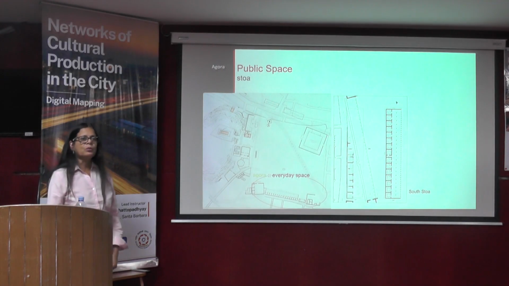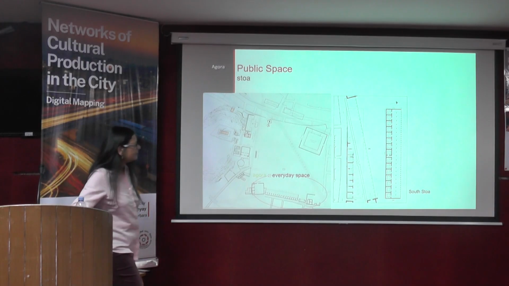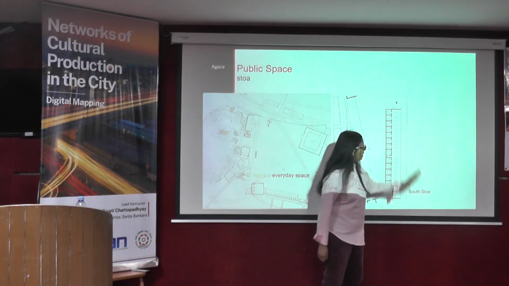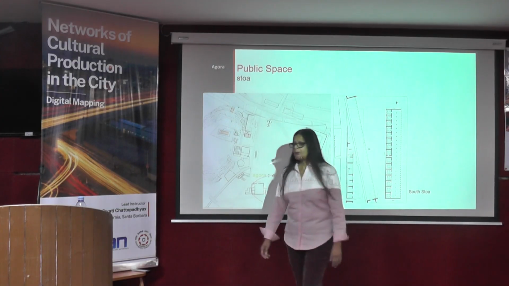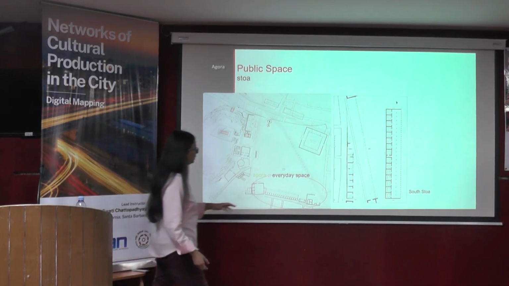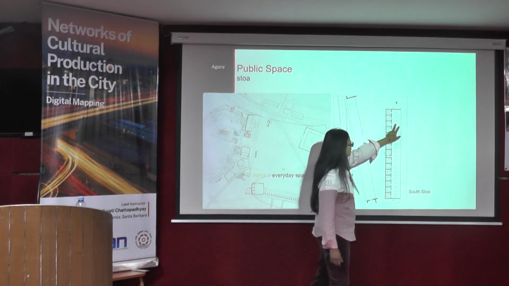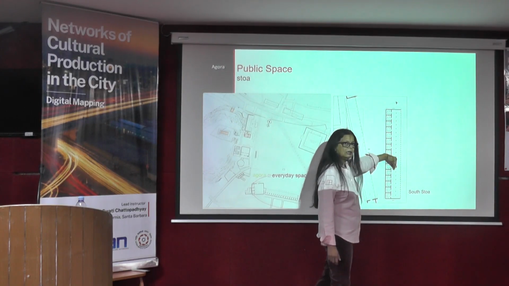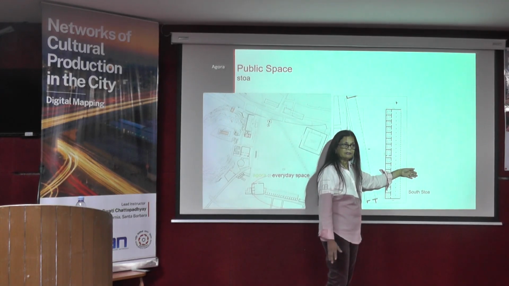Stoa is one of the most versatile building types ever. It is utterly simple. It has 3 sides, this side long, the others short. It can have one row of columns holding up the roof, or it can have 2 rows of columns. The function of a stoa is that you can have rooms here, but it could be shops, it could be all sorts of other purposes, but it provides a long promenade. Here the columns act as something you can walk along, but they also frame the view.